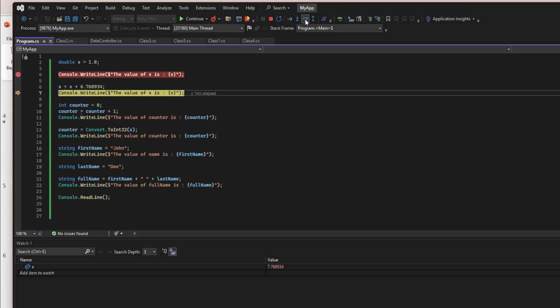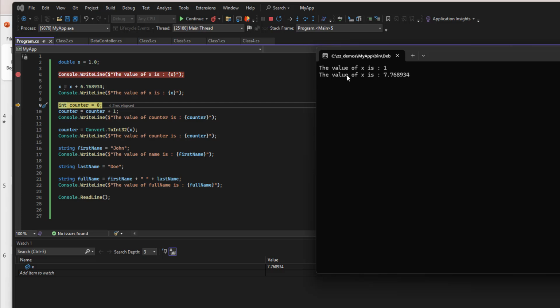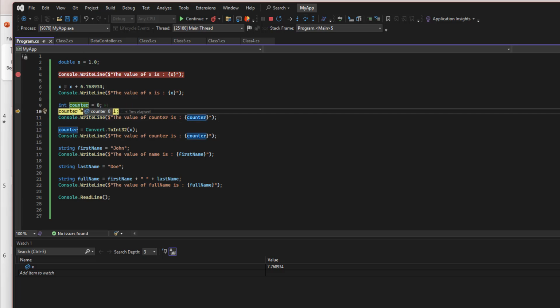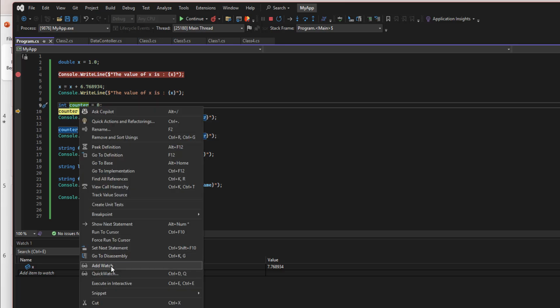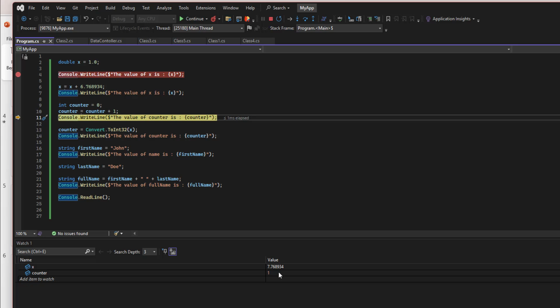If I step once more, the value now becomes 7.76, and we write that to the console, and you can see the console now has 2 lines. It says the value of X is 7.76, and now we can go on to counter. If I hover over it, counter has a value of 0. I can right click and go to add watch, and I can see what the current value is, and I can step forward, and counter now has a value of 1 because it was initially 0, and then I added a value of 1,